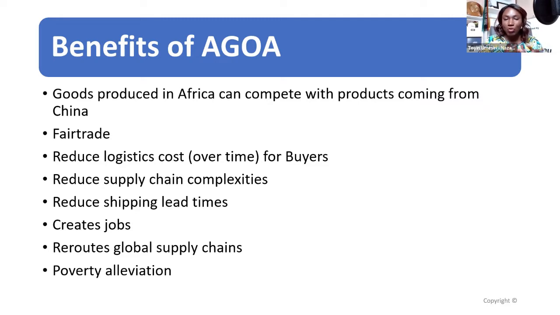the grassroots with youth and women empowerment, just by employing them because of the more capacity that you can build, right? The more demand that the world is making for your product, the more capacity you have to build. And when you have to build more capacity, you're going to employ people and you're going to create jobs in your local community. That's what AGOA is about as well. And then rerouting global supply chain, again, to benefit those that are doing the work in the farm.